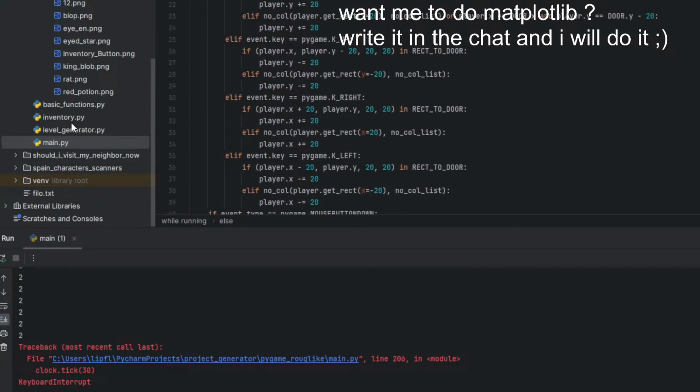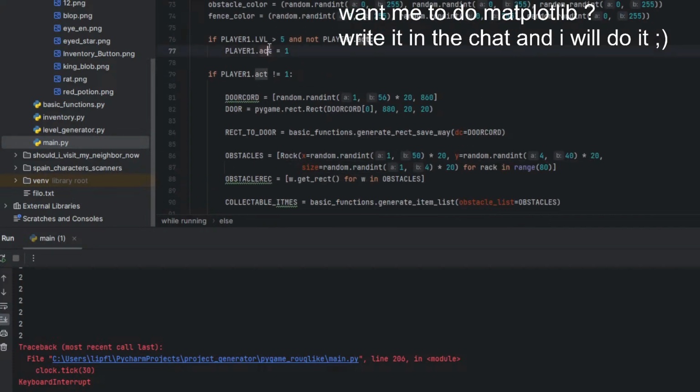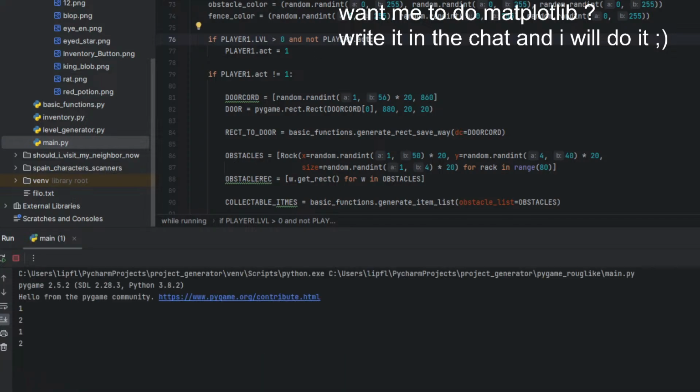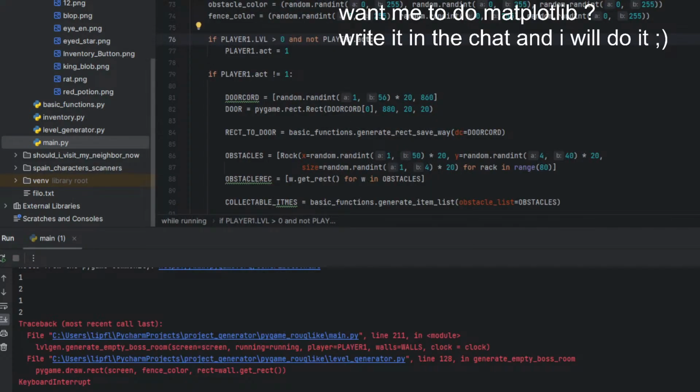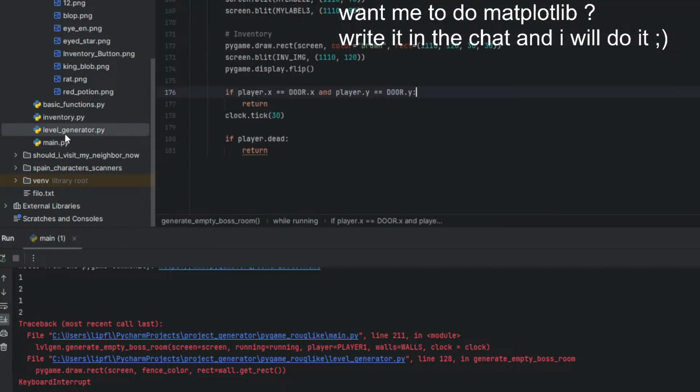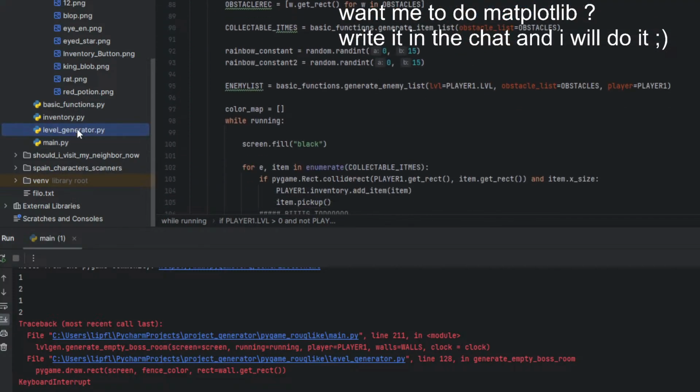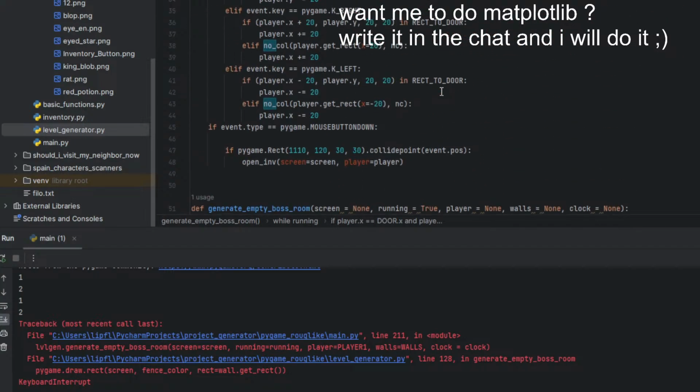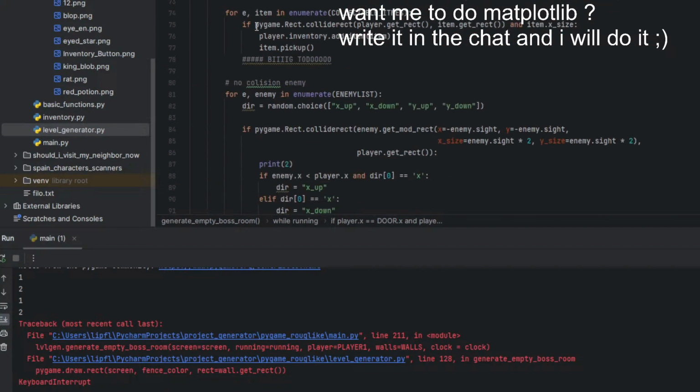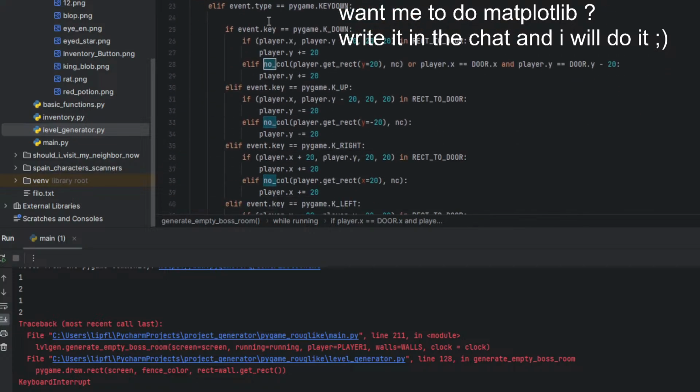And yeah, so now after implementing the boss room, now let's also do something like where's the main function here. That's greater than 1. Well, let's say greater than 0 because now we want to get directly into the boss room. And yes, wanna kind of level generator, yeah. Generate boss room. Empty boss room, not that empty, but